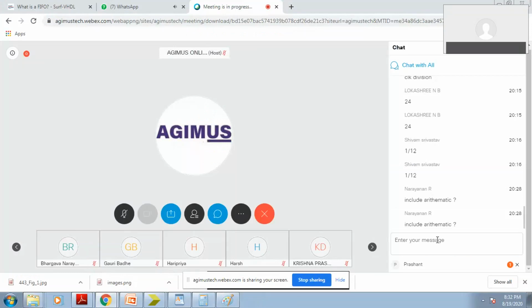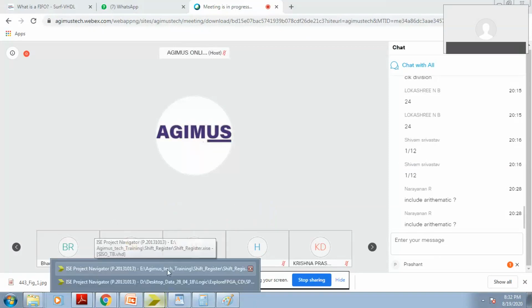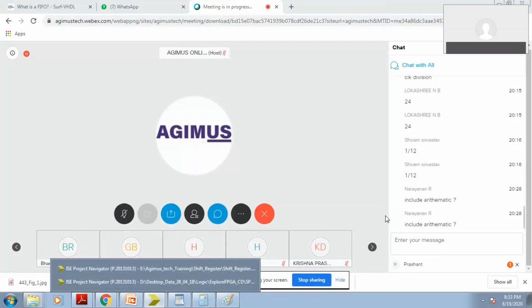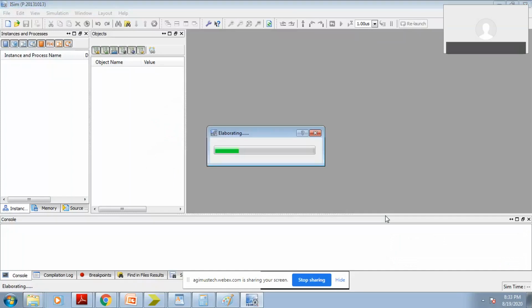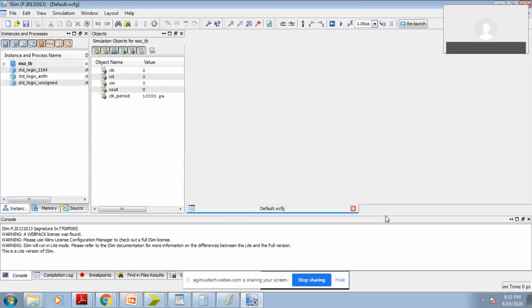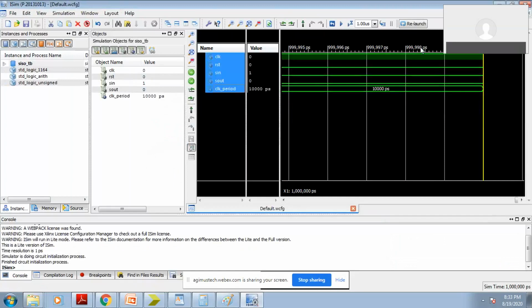Should you observe the output after 4 clock pulses or something else? Anybody? If you want to verify your output, my clock is divided by 2 now. So your output should be there after 8 clock pulses.